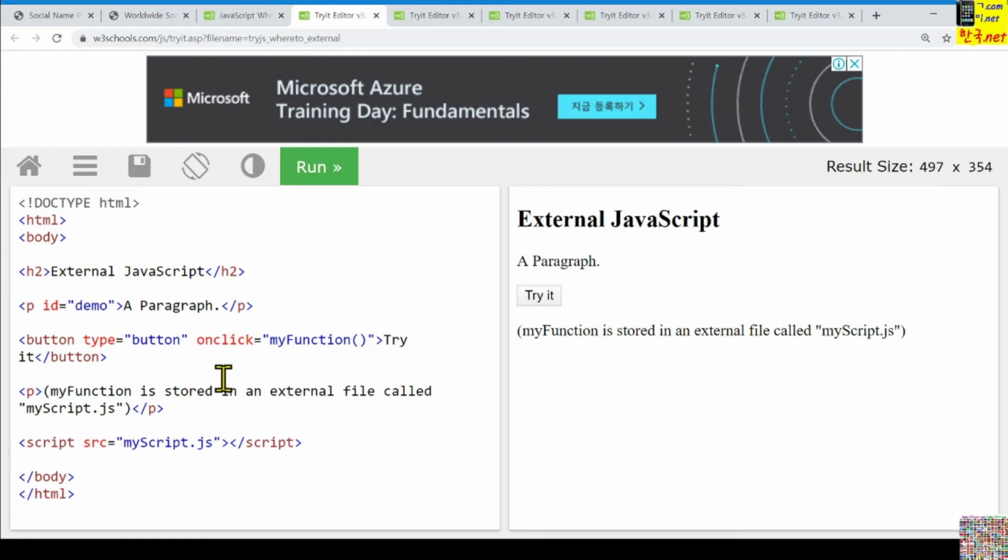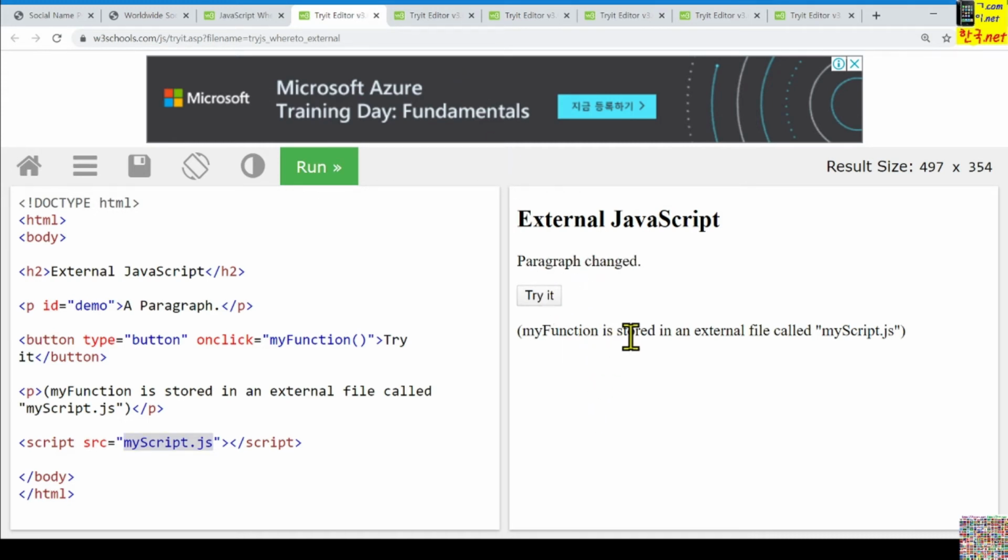Here, script. This is JavaScript, and this external file can be brought and put in here. The external file name is myscript.js, and we are supposing that myscript.js is located in this same folder. Then we can get the same result.